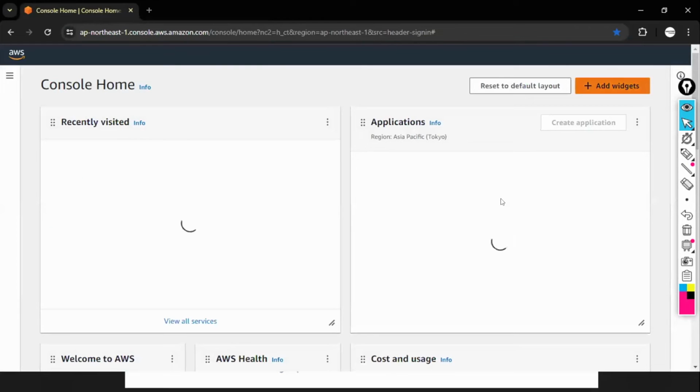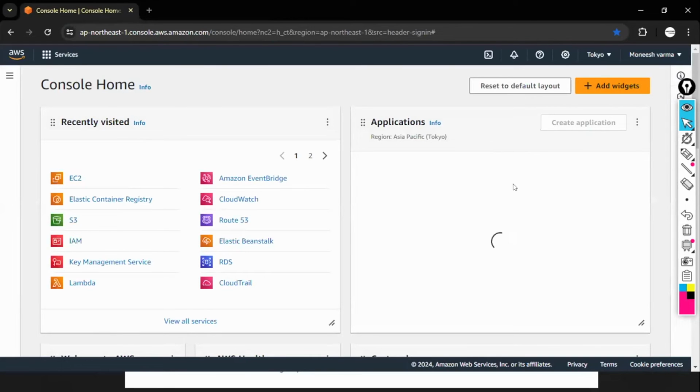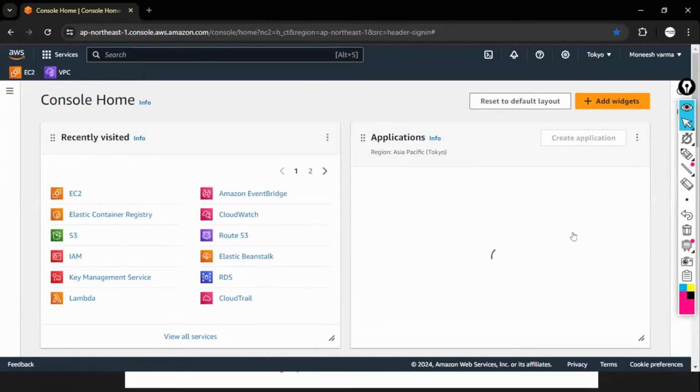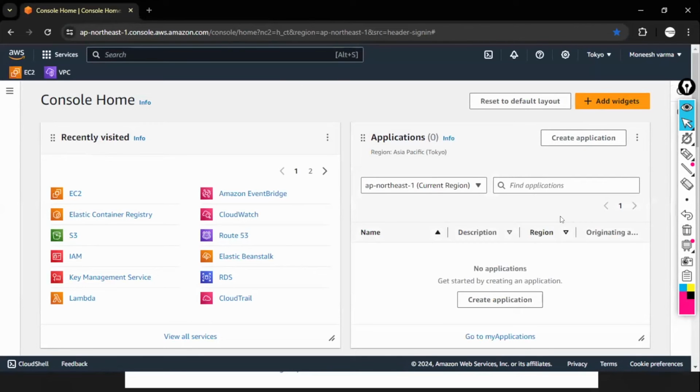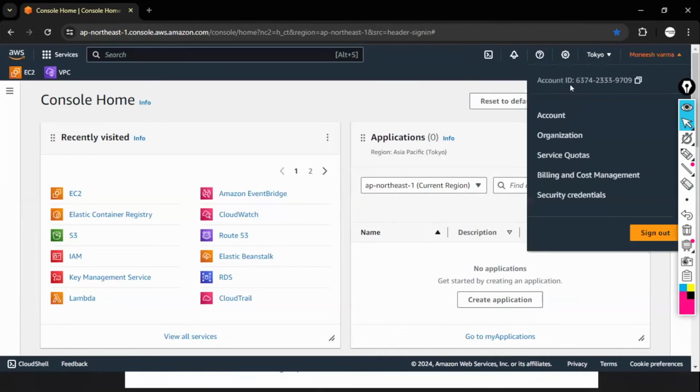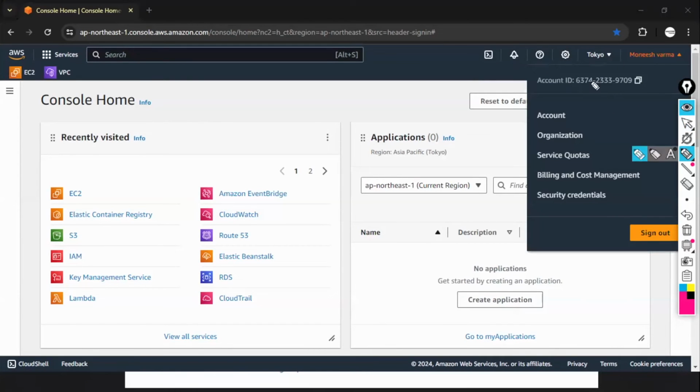So this is how an AWS account console looks. This is my AWS account console. This is my account name and account ID. To sign out of this account, here is the sign out button.